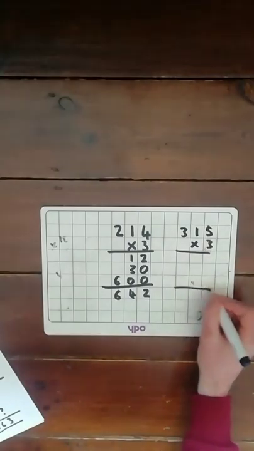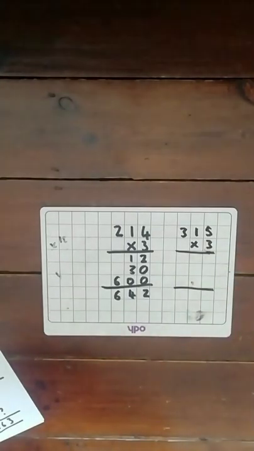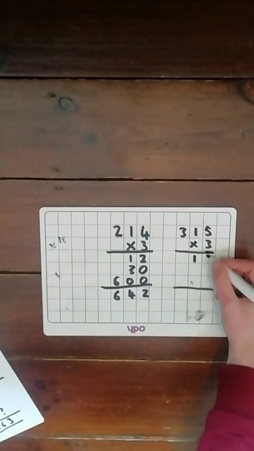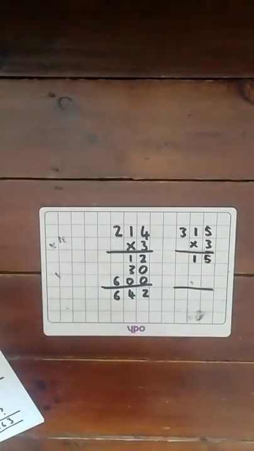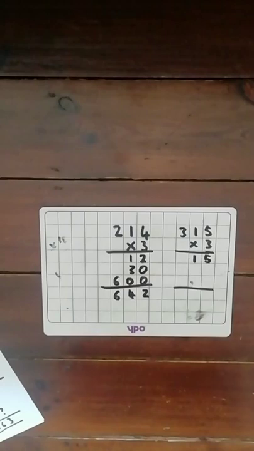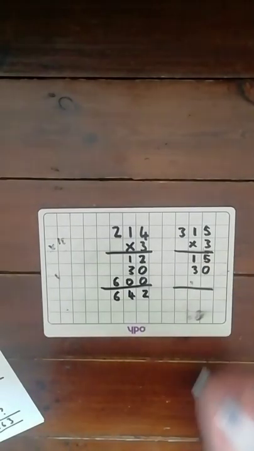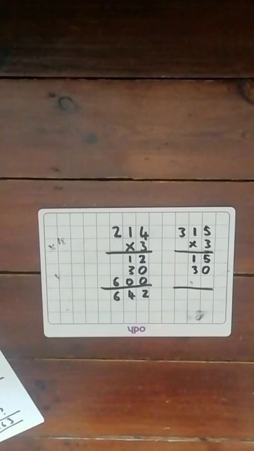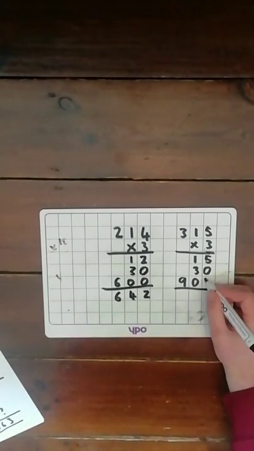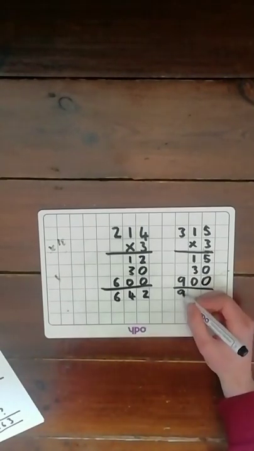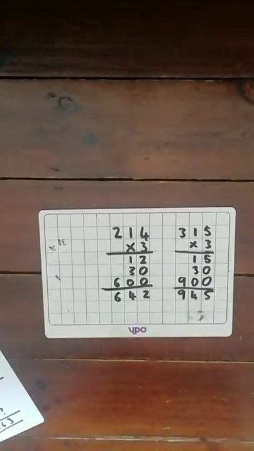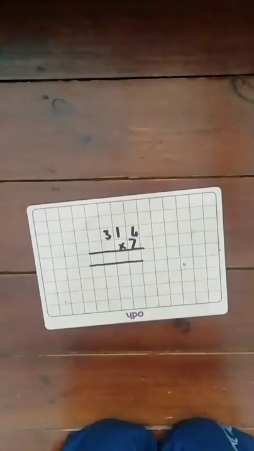This should be very familiar to you, but some of you will already be doing it the shortened way, which is what we're going to come on to in a second. Three times 5 is 15. 3 times 10 is 30. 3 times 300 is 900. And yeah, we've got 945. Okay, now today what we're looking at is